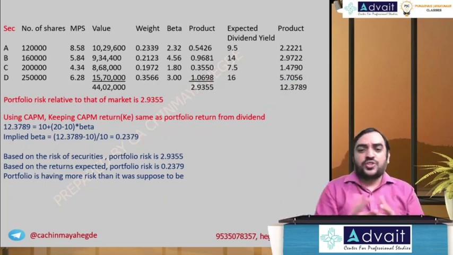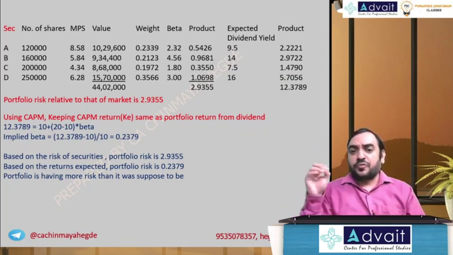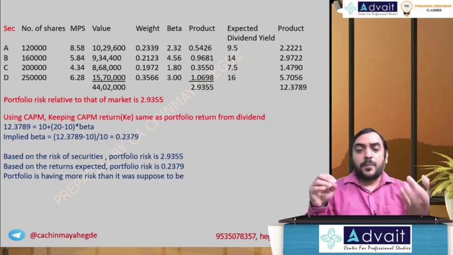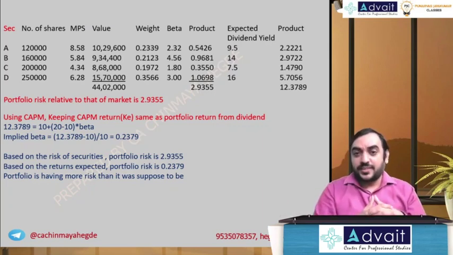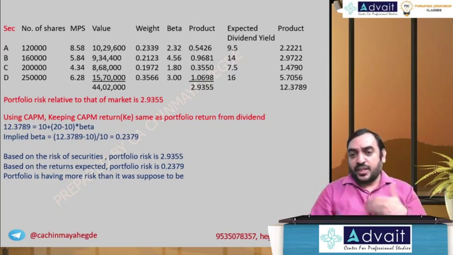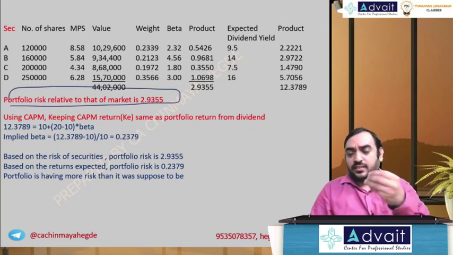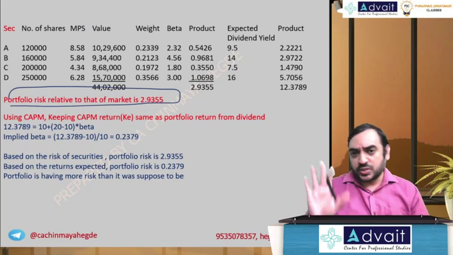Instead of this, we can always go with the regular approach. In the sense, what do we calculate? We calculate the portfolio CAPM return and we compare it with the expected return, and we tell that the expected return is not giving the CAPM return, so risk is not justified. We can also always tell like that. This is also fine. I hope you got the clarity. But in the examination, you don't have to write so much. You calculate portfolio beta and say that it is risk relative to the market. That is also sufficient.